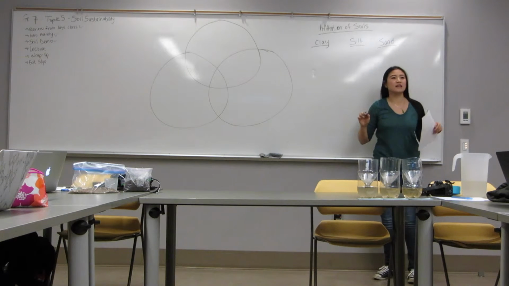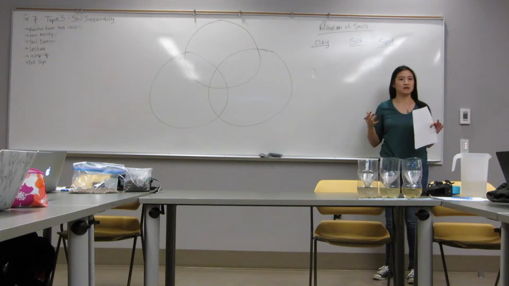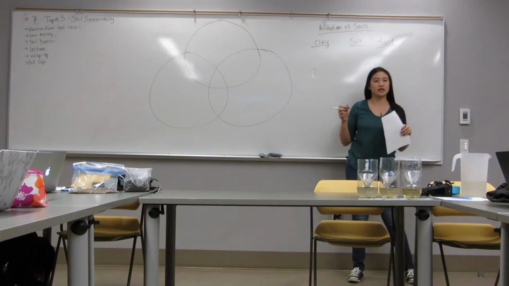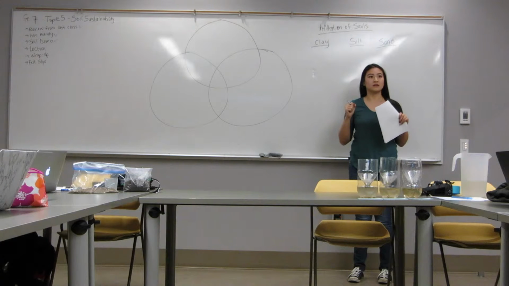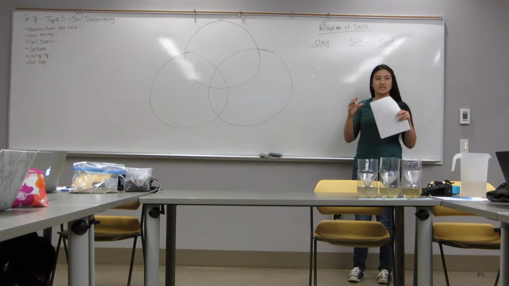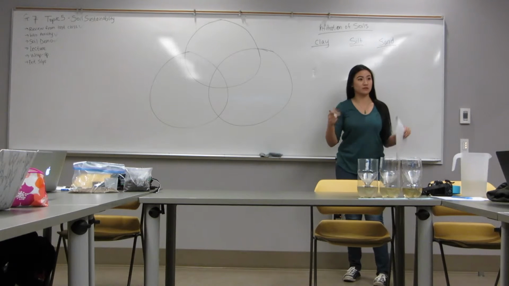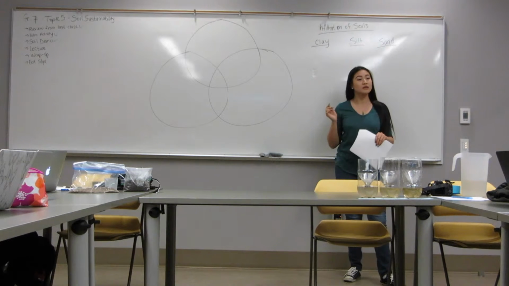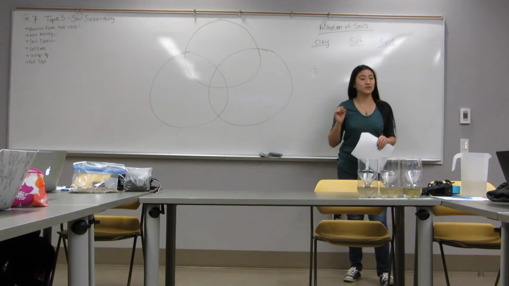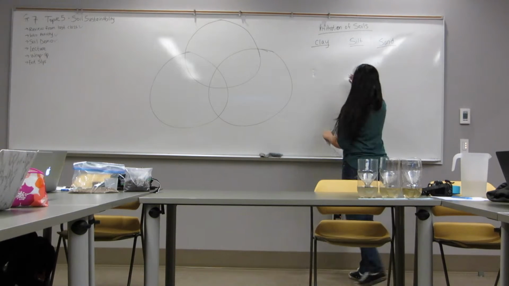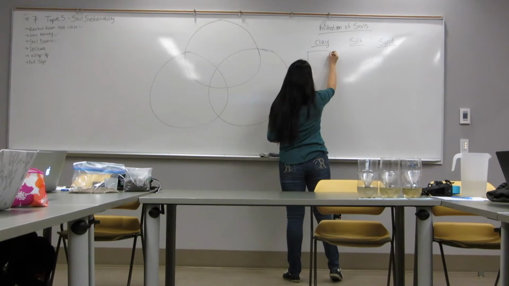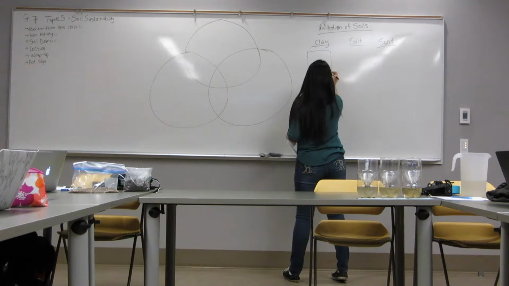Okay, so what did we learn about clay? What did it look like? What is it supposed to look like? Particles are really tightly packed. So it's like small particles, and how does water go through it? Or how is it supposed to go through it, from what you guys observed? What's that? Sorry, what did you say? Slowly. Yes. So I'm just going to draw out a little diagram.